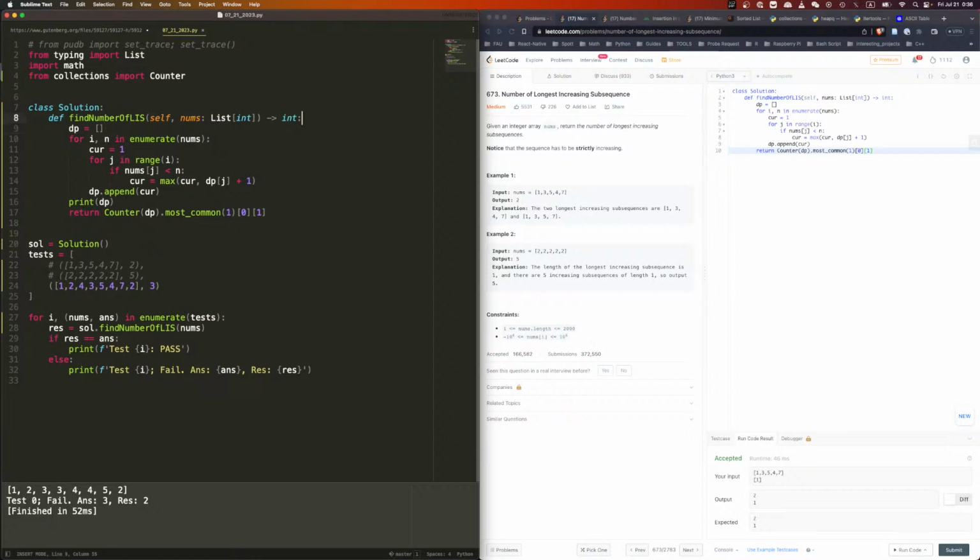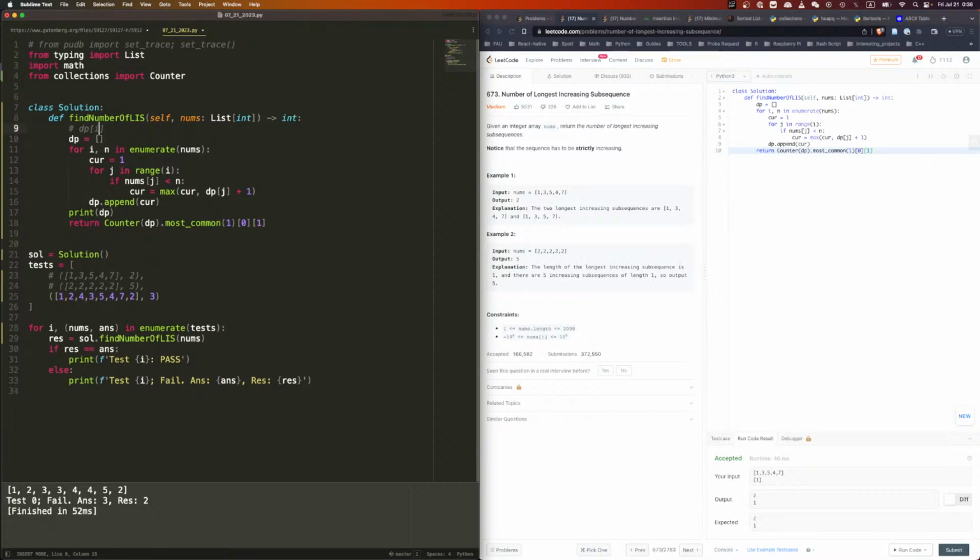So dp i is equal to the length of LIS and a count, right? Count of LIS. So current should be 1 and 1 and 1. I have 1 count, right? Because we would do bigger. Oh yeah, hold on.